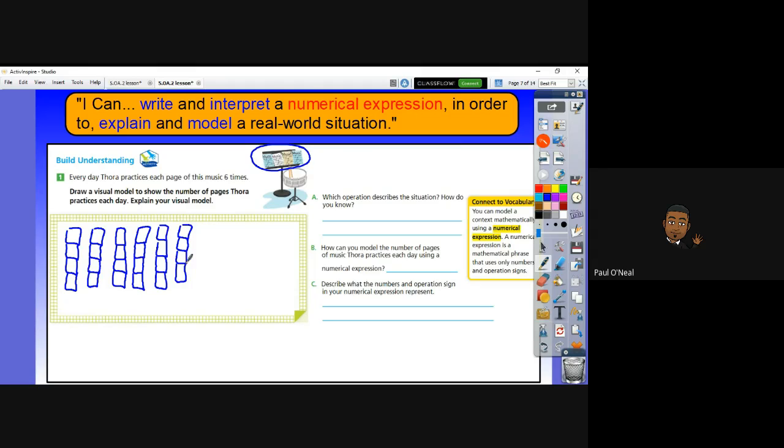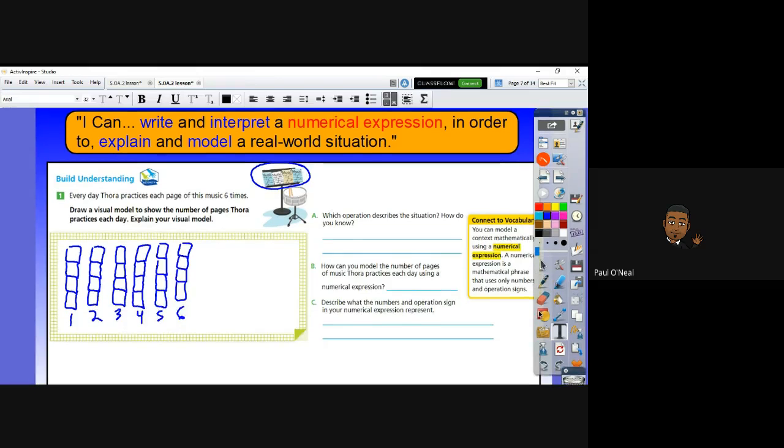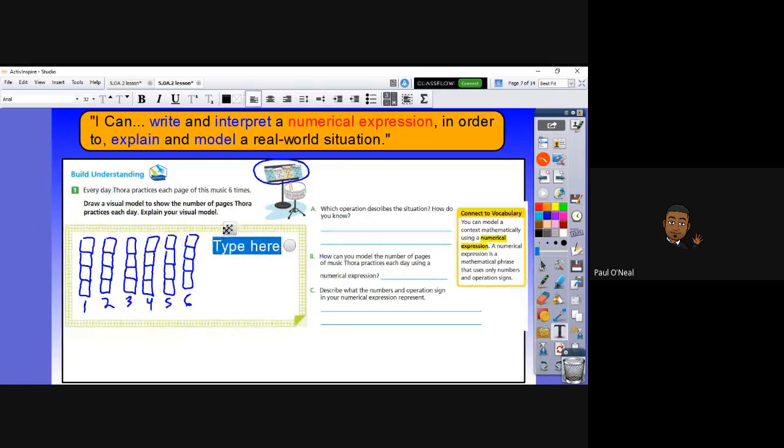Okay? So here I have 1, 2, 3, 4, 5, 6. Okay, cool. So how can I possibly explain that? Now I know writing might be a little tricky, so I'm just going to type it in here. How could I explain what visual representation I just did? Well, glad you asked. Here we can say